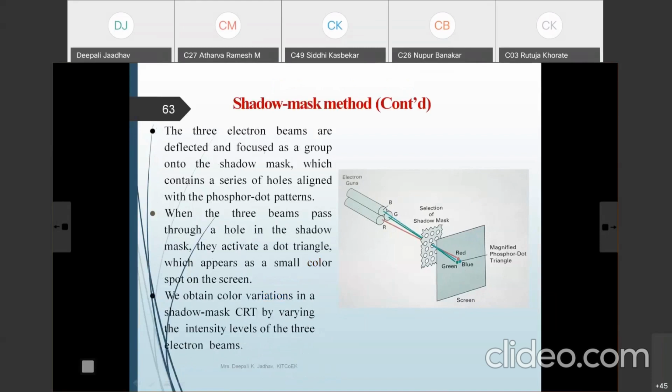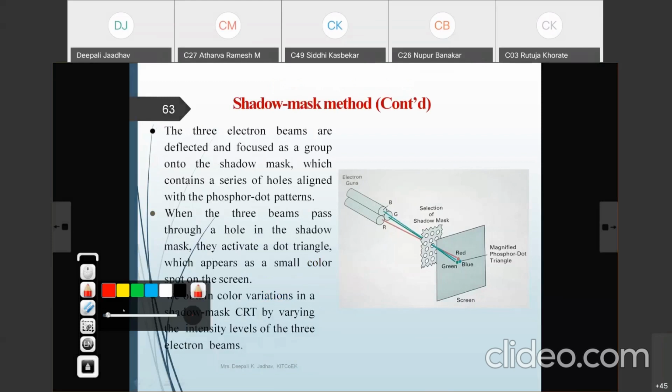The 3 electron beams are deflected and focused as a group together. You can see here that all come together as a group. You can observe the red, green and blue beams all coming together, and they pass through the shadow mask.